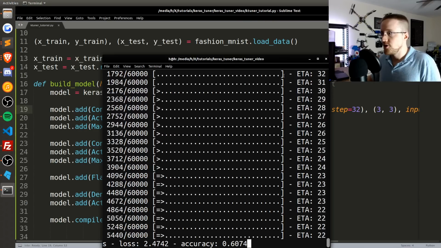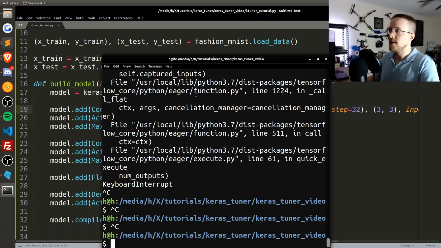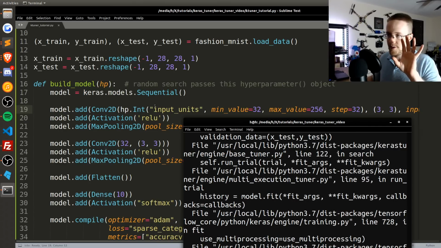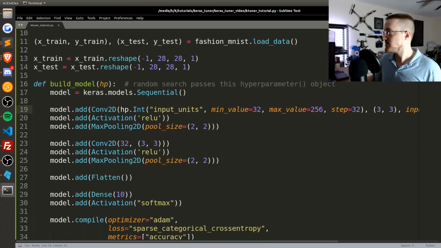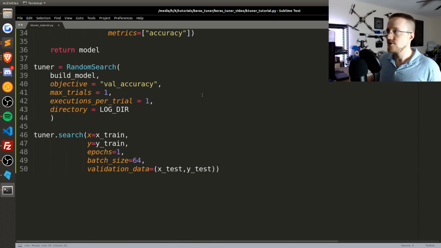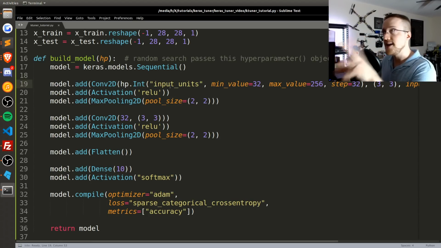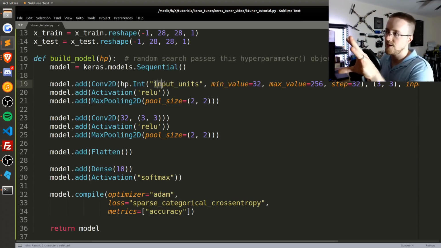Cool. So in theory, that is with a different, who knows what, I don't know which one it was in that case. The tuner does save all that information. I'm just, again, bug checking at this stage. So random search. And so okay, we've got a unique or a dynamic number for the input to this